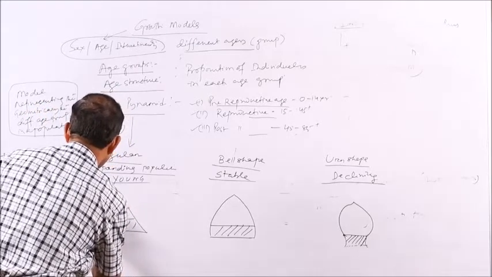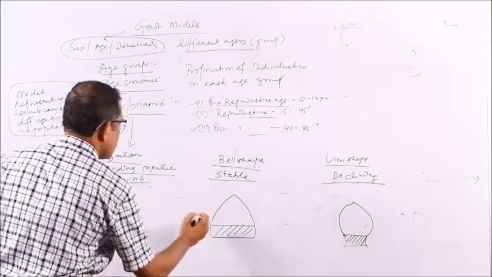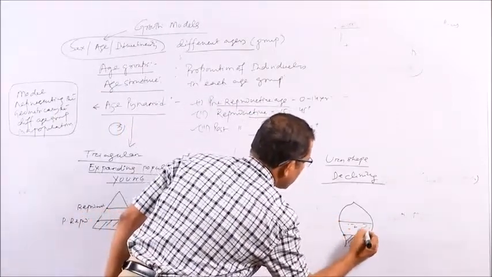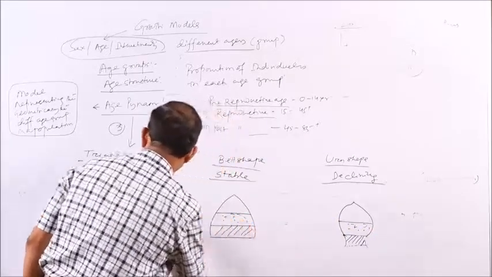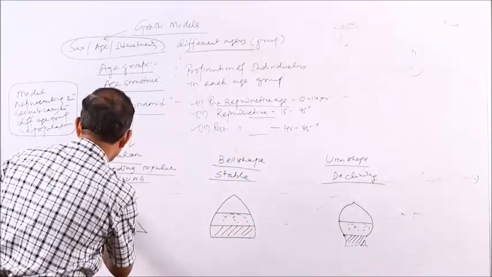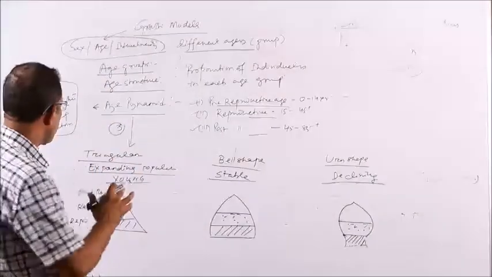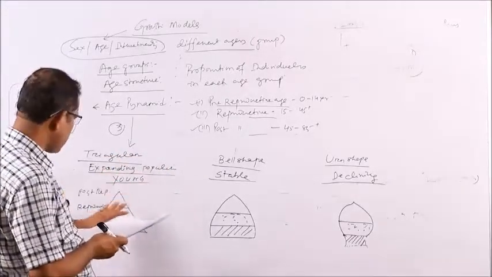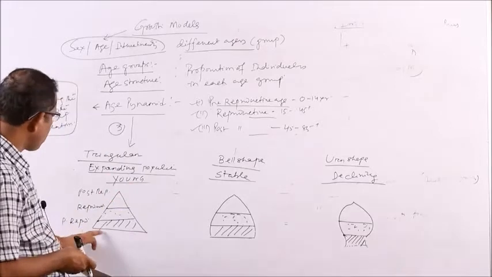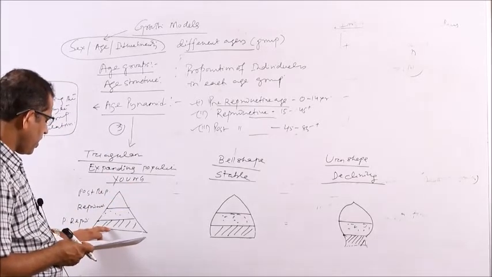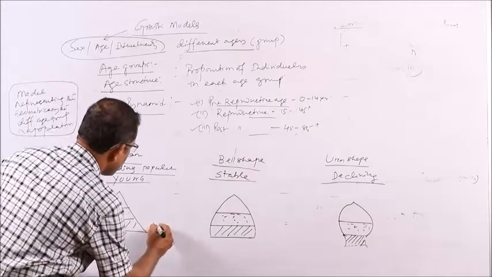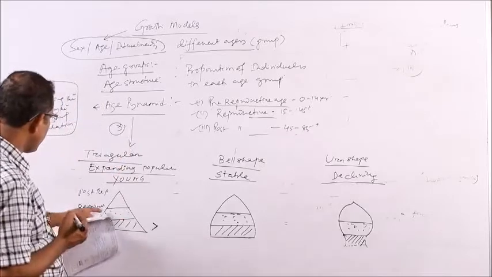the reproductive. Here is the reproductive, and the third one is your post-reproductive. So, in these three, what we are finding is that this gives a triangular shape, meaning here the number of young individuals is very large. You will find the number of pre-reproductive is very large, and when you are moving to the